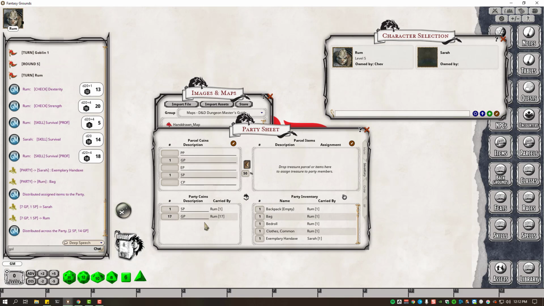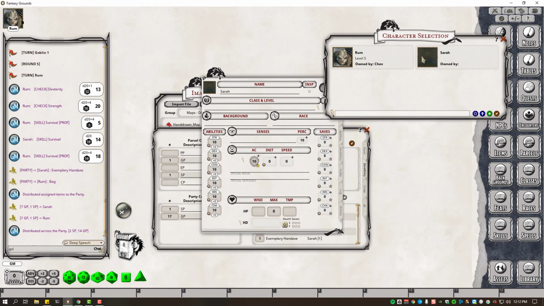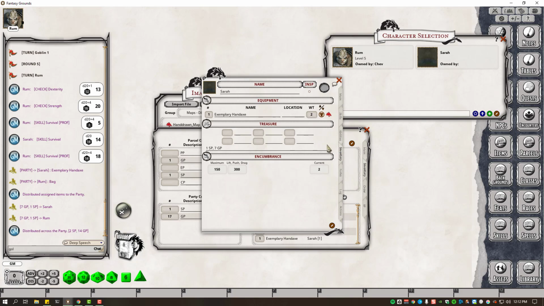So if I do that, then Rum got a silver piece and a few gold pieces. And he also got the bag of holding. You can see the party's entire inventory, which is kind of cool. Carried by Rum, carried by Sarah. There's her hand axe. And if we go open up Sarah here, and we go to the inventory tab, you can see there's the hand axe and the gold,